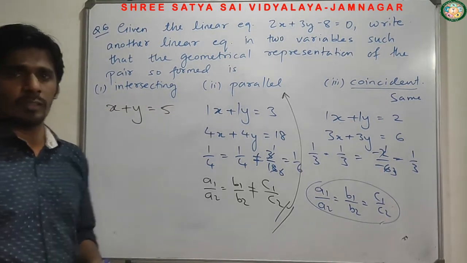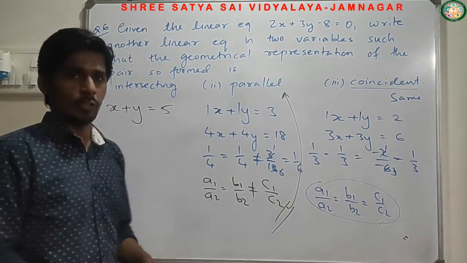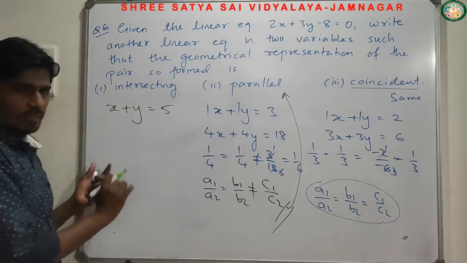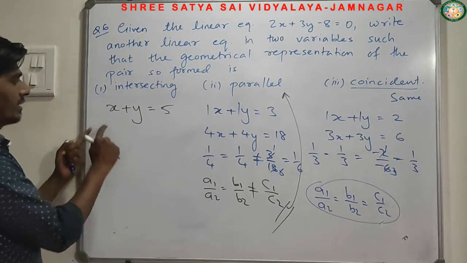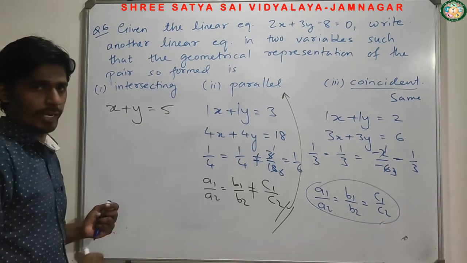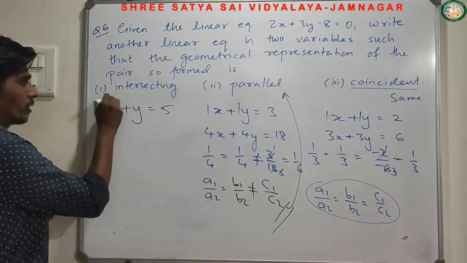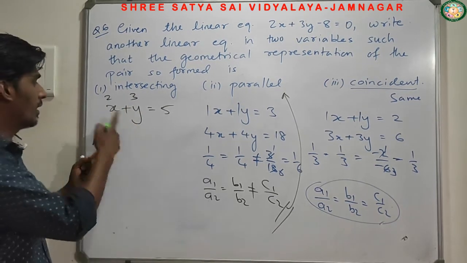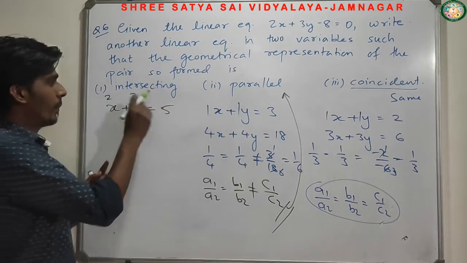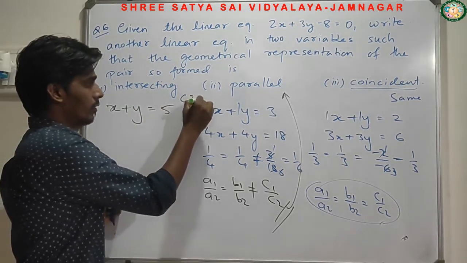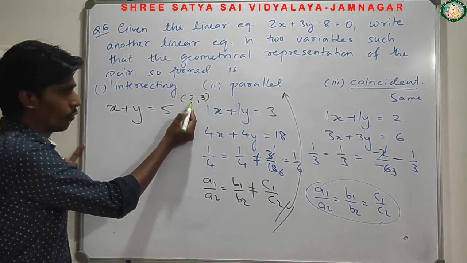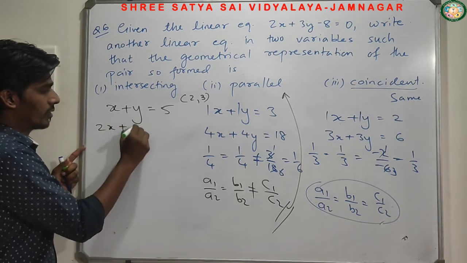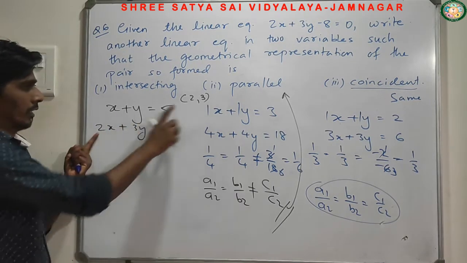Then x plus y equals, take now 5. For intersecting, it means a unique solution. To find a unique solution, just assume any numbers. This is somewhat more difficult to form an equation. Just think that x plus y is 5. This might be 2 or this might be 3. ये शायद 2 हो सकता है, ये 3 हो सकता है, और वाइस वर्सा ये 3 हो सकता है, ये 2 हो सकता है. So हमारे दिमाग में एक सॉल्यूशन रखना है, दोनों नहीं. So I'm assuming x is 2 and y is 3. So I can write any numbers 2x plus 3y. Now replace the value. X की वैल्यू क्या है? 2.